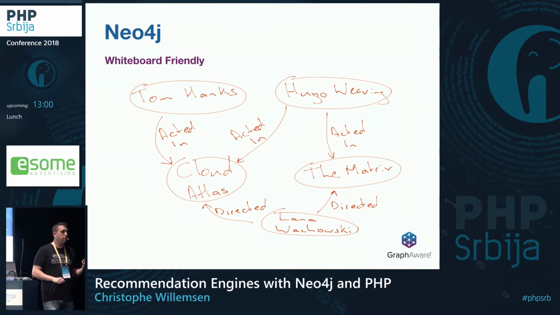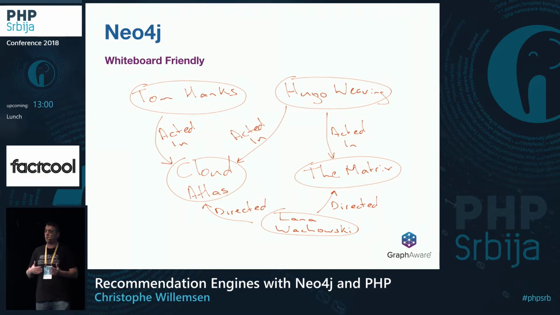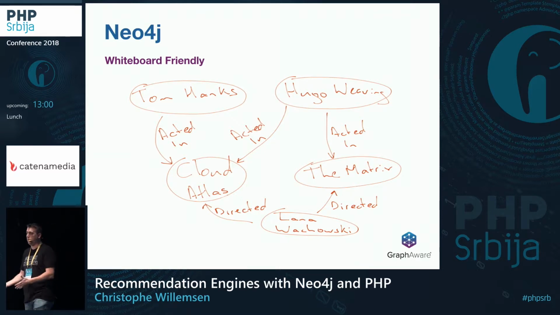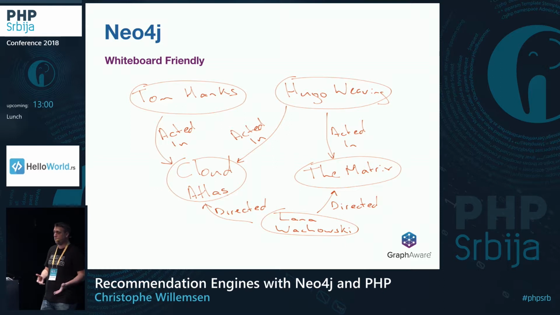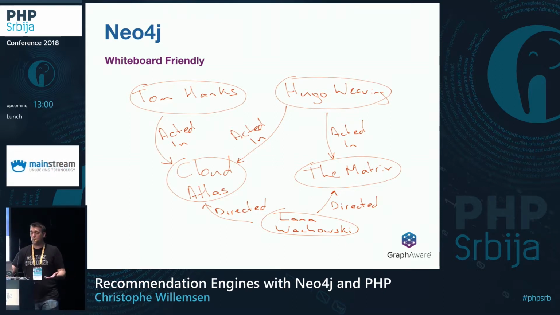One very cool thing in terms of business and communications in the enterprise is that Neo4j is whiteboard friendly. When you discuss a problem, when you talk about modeling your data, and you take a whiteboard with people and you draw bubbles related with lines, this is actually what will be in your database in 90% of use cases. When you look at a whiteboard, this is what will be in your graph.